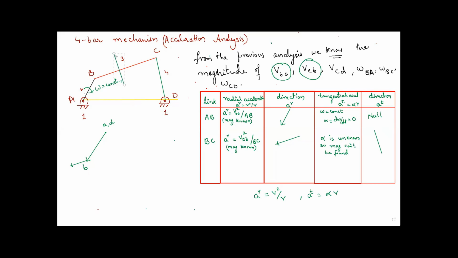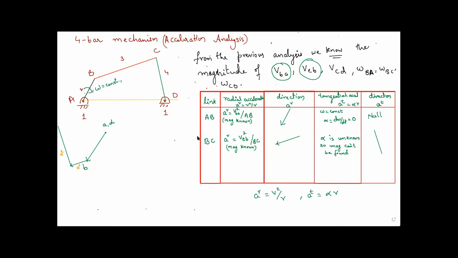So I know the direction and I don't know the length because magnitude is unknown. Just draw the direction in this manner and connect it from this corner. Now go to the next link, and before that, I'll give a few labels to make it easier, with some other ink. You know that this is radial acceleration, this is tangential acceleration. These both are components of the actual acceleration of point C, because we don't know point C yet. C is somewhere on this line. Remember, C is somewhere on the tangential acceleration line. We don't know the length, that's why we drew it this way.